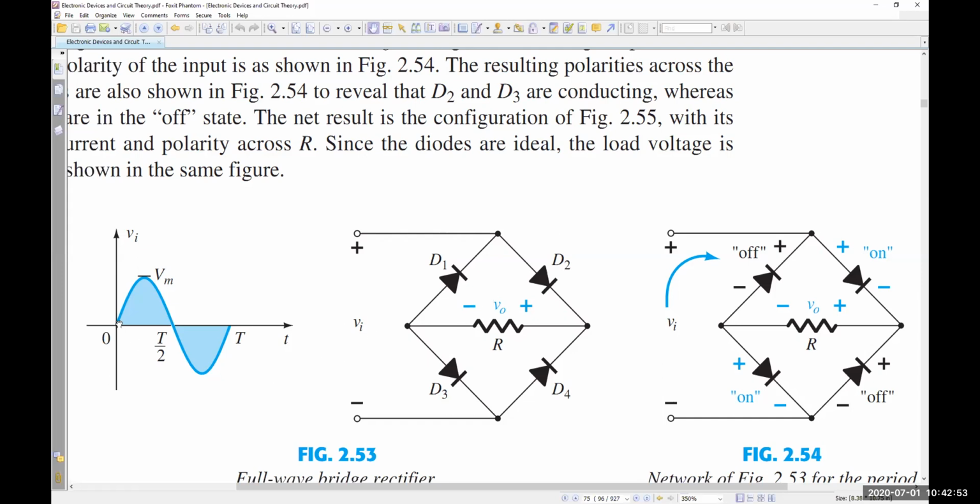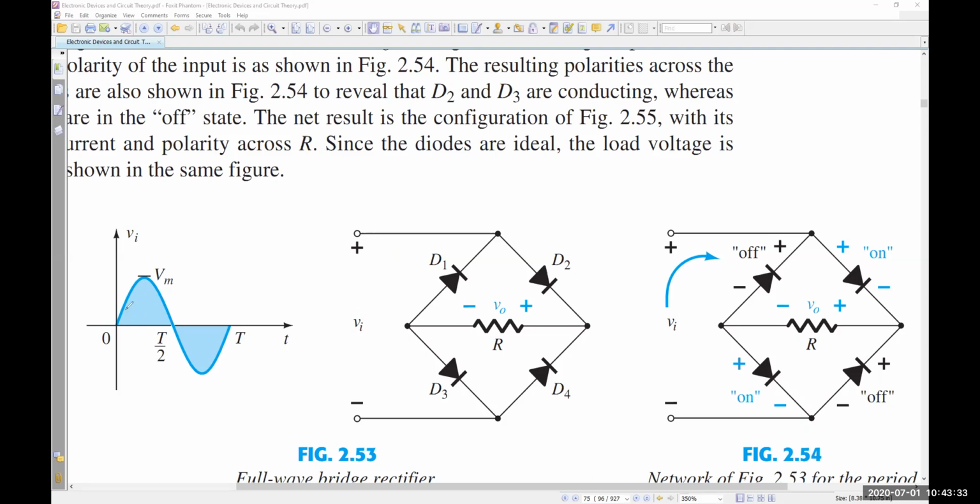So our input is Vi, and the highest value is Vm. We put it here. Here is plus, here is minus. We all know in case of AC, the plus minus doesn't matter. The only thing that matters is the direction, right? Why is plus minus given? To indicate the positive half cycle will go through this one first. That means this part will go in this way, and this part will go in this way. That's why the plus minus is given, nothing else.